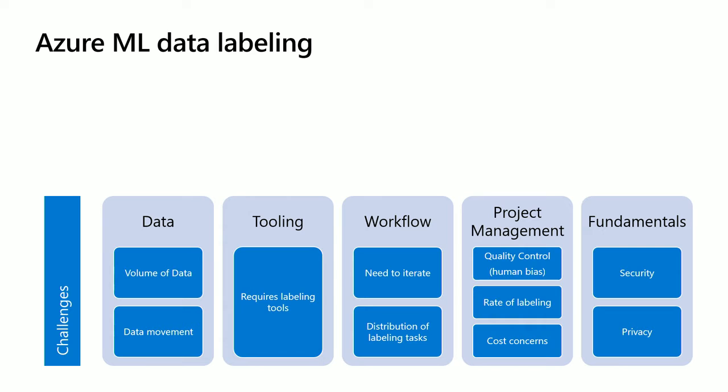The third is the workflow. Right? You need to distribute these data points to those labelers, the people who are going to help you, then collect them back. And also keep in mind the iteration thing that we talked about earlier. That is going to happen here too. So you need a way to iterate on your data labeling. Depending on the volume of data that you have and the number of people who are going to help you, it can become a very complicated project management problem where you need to optimize on time, cost, how many people are working on it, and most importantly, the quality of labels. Because if the quality of your labels is not good, you are not going to get good models.